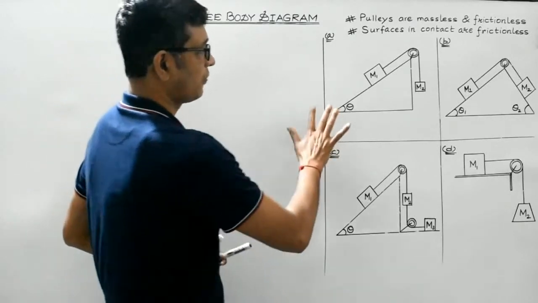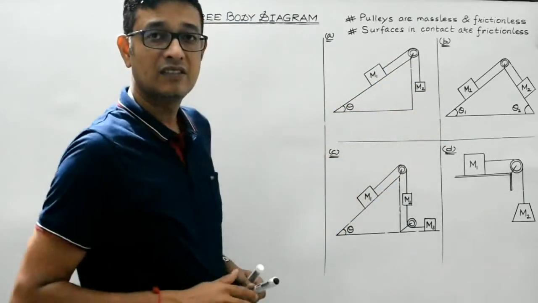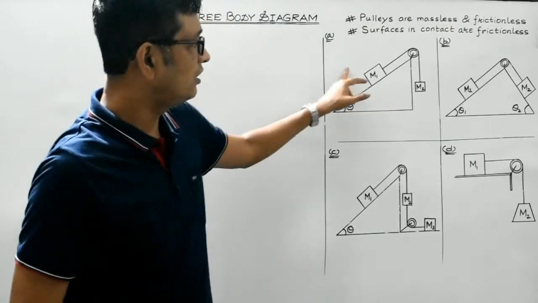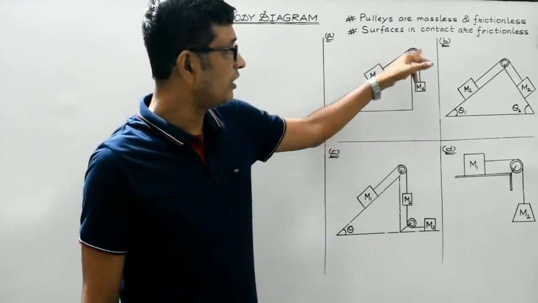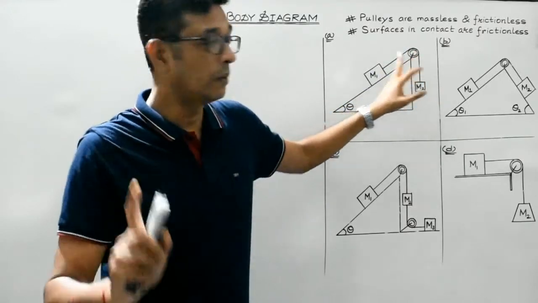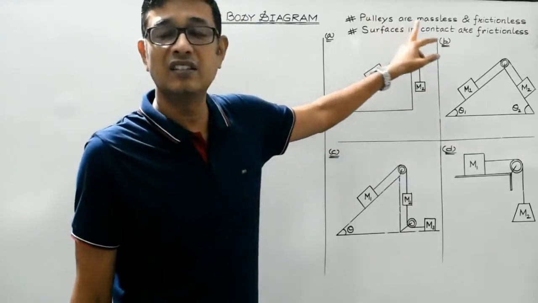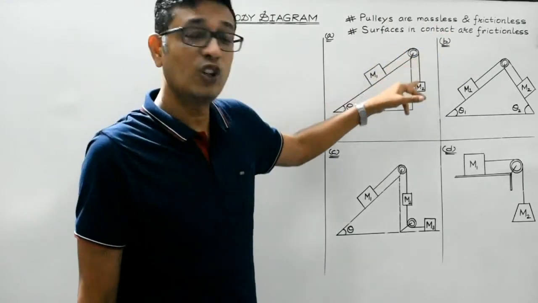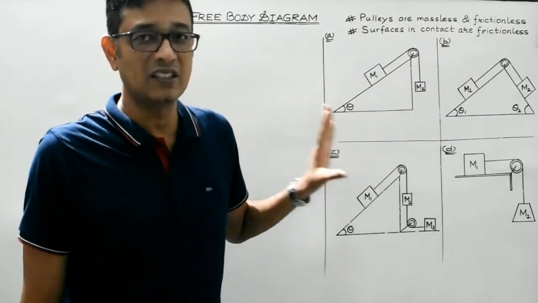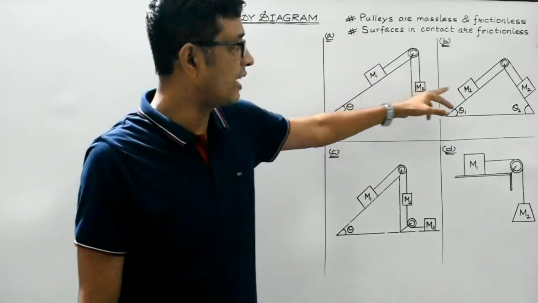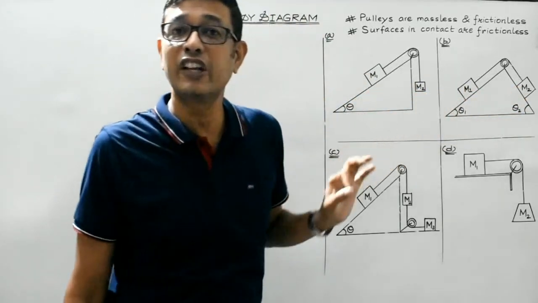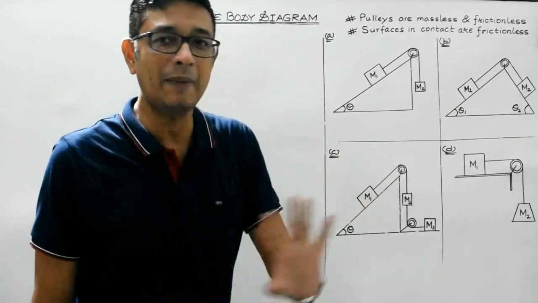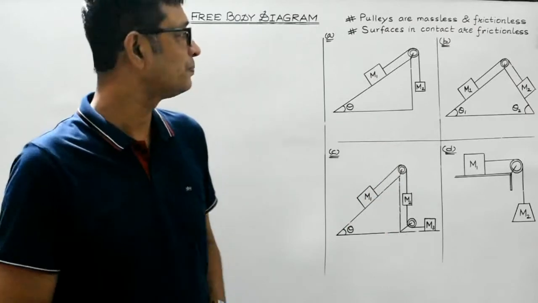First question is, this is an inclined plane. The plane is making an angle theta over the horizontal. Right? And these are the 2 masses. This is the string over the pulley. And students, remember, in all the questions, the pulleys are considered to be massless and frictionless. And the string is also considered to be inextensible and massless, and the surfaces in contact are also considered to be frictionless. So force of friction is considered to be absent or negligible, right?